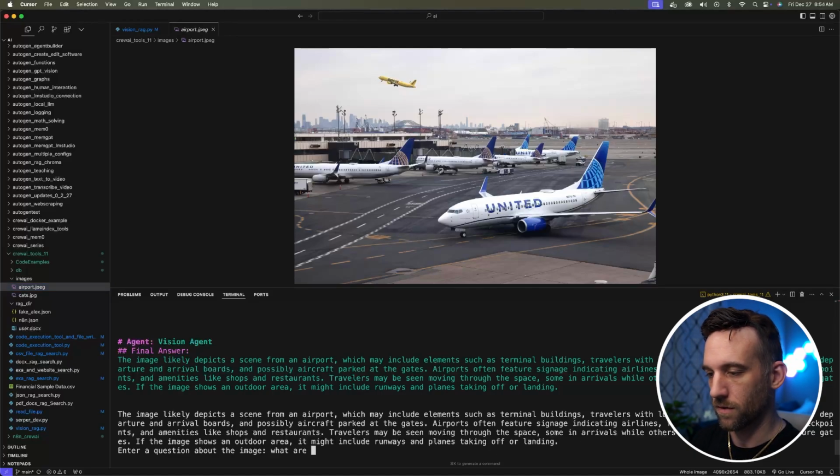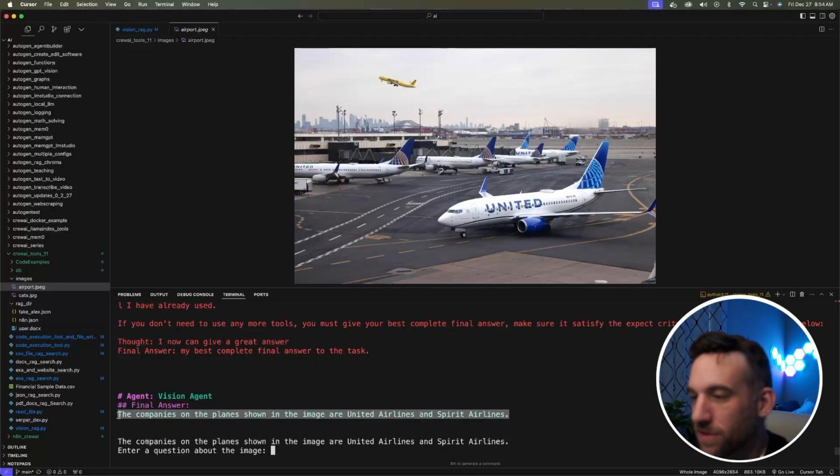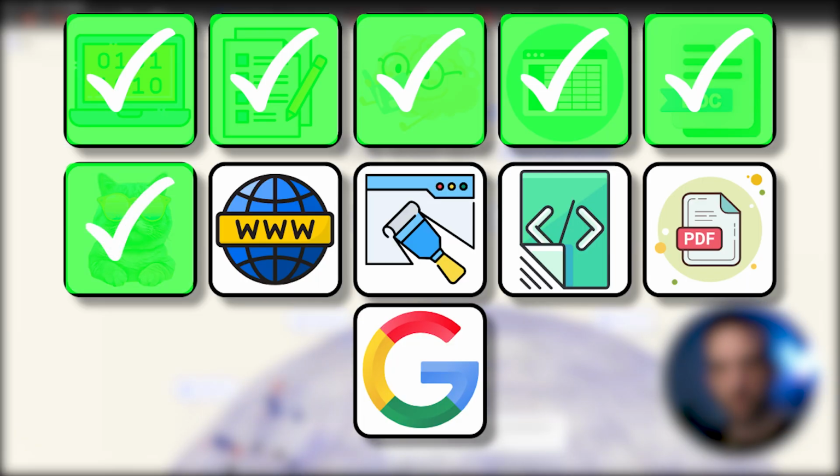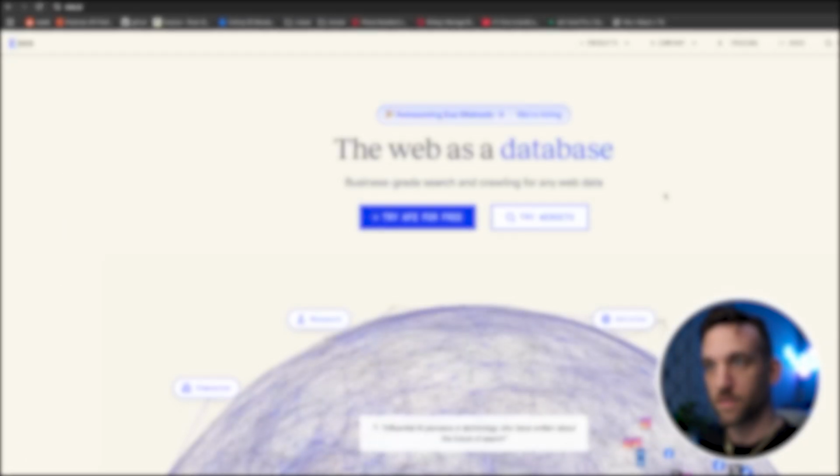What are the companies on the planes shown here? And then I have to, of course, give it the path again. So airport.jpg. All right, so finally it said the companies on the plane shown in the image are United Airlines and Spirit Airlines. Perfect. Now for the 7th tool, actually probably the next 2, I'm going to use Exa, which